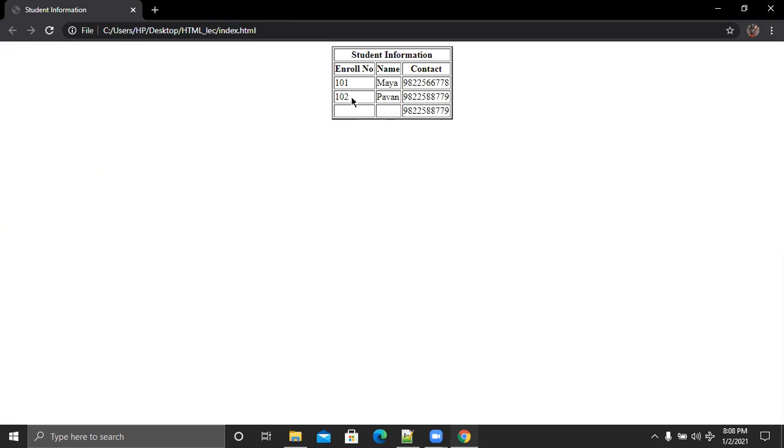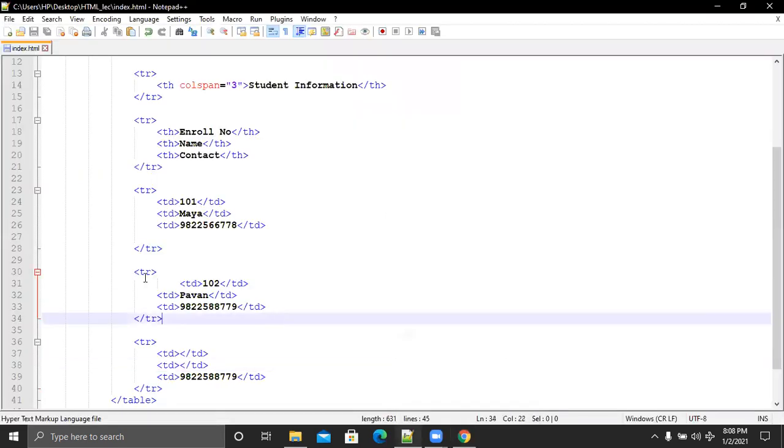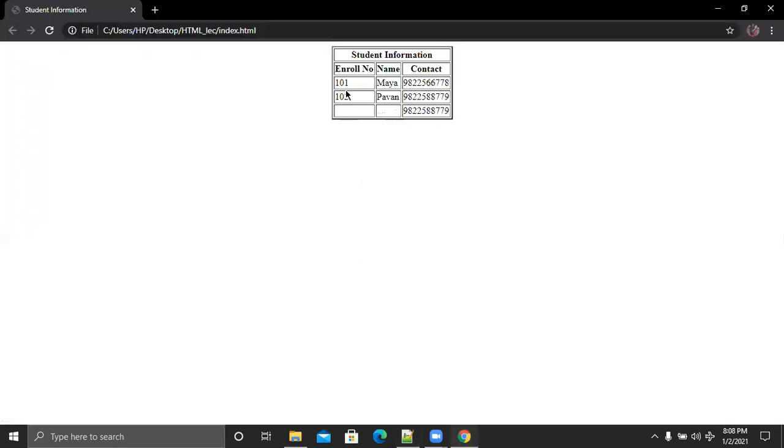Now we want to merge these two rows, 102 and empty, Pawan and empty. I want to merge them. So for that, we have to give rowspan. So we want to merge this with this row, 102.